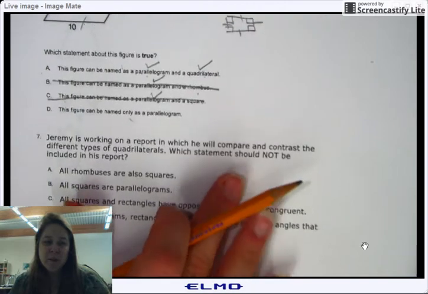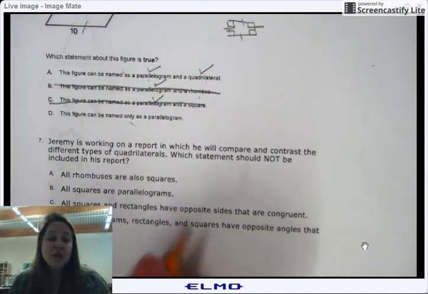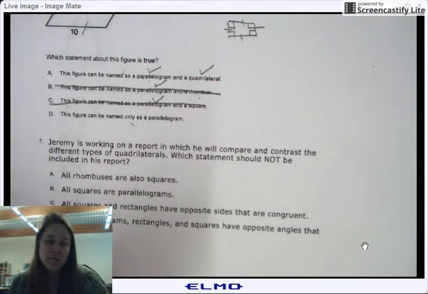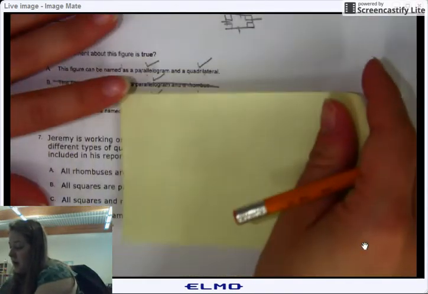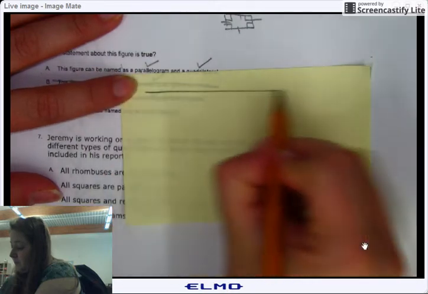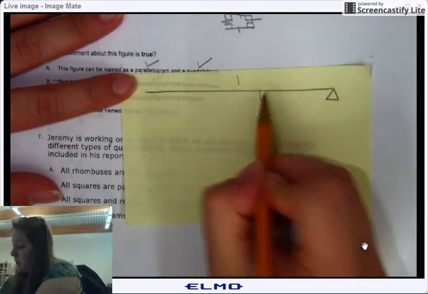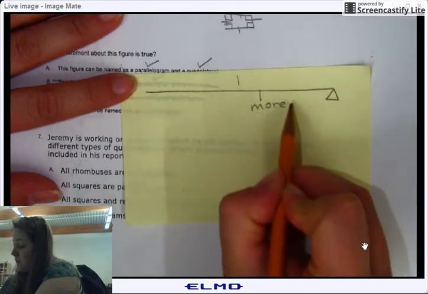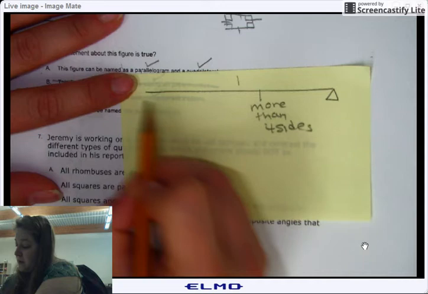Okay, Jeremy is working on a report in which he will compare and contrast the different types of quadrilaterals. Which statement should not be in his report? Okay, all rhombuses are squares. Think about your hierarchy here. You got your triangles over here, which we're not worried about. You got your other ones. You got your more than 4 sides. Okay, we're not worried about those. And now you got your